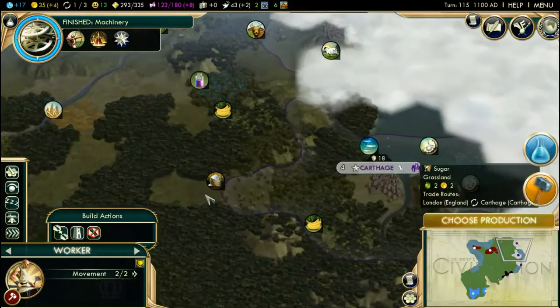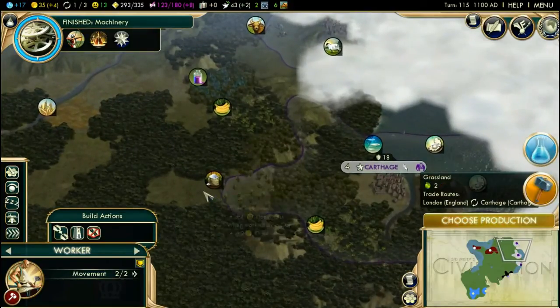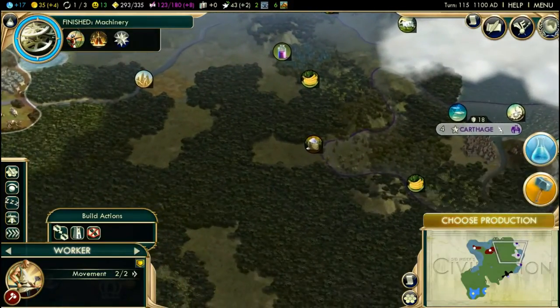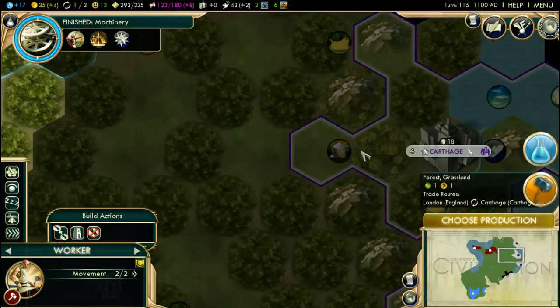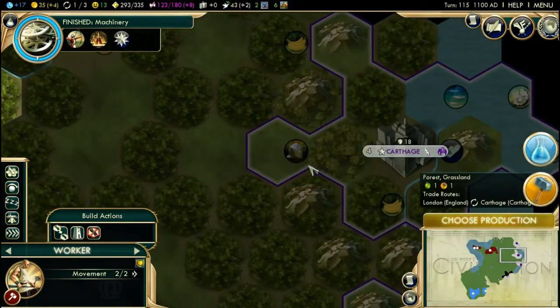So, theoretically, if I had to put my Longbowman here, just right next to the ship, right here in this little grassland grid, then of course you can only see up to here, where the forest is just outside Carthage. Now, assuming that this forest is not here,